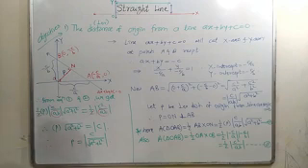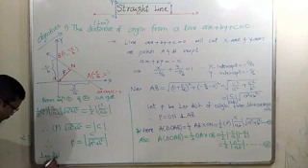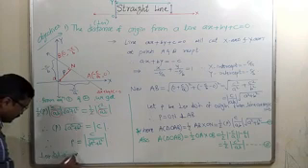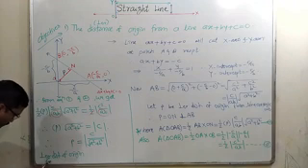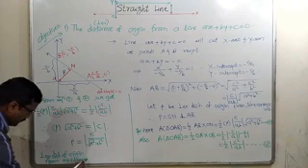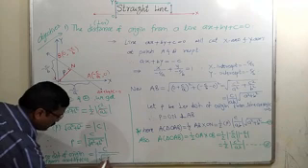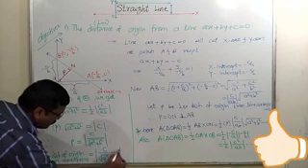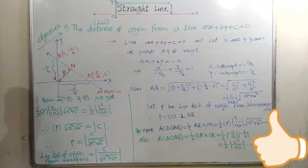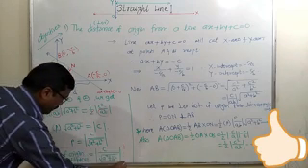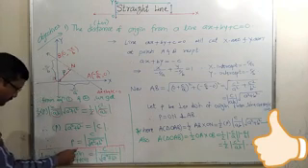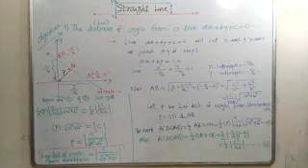So that is the P, and this P is nothing but the perpendicular distance of origin from the line ax plus by plus c equal to 0, and it is equal to mod of c upon root a square plus b square. So this is the formula that we require. This formula is for the perpendicular distance of the origin from the line.